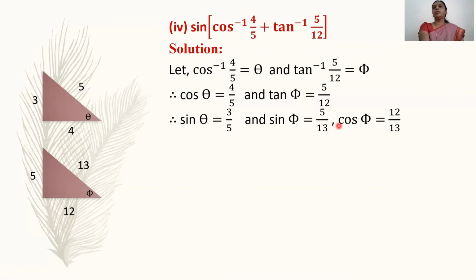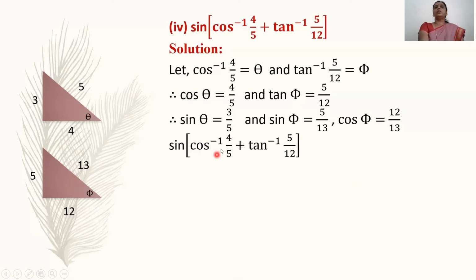Keep the value of tan and cos there, and you will find the value of sin theta. You can use that formula, or if you remember this Pythagoras triplet, you can directly write down the value of sin theta without drawing this diagram. And cos phi is the adjacent side divided by the hypotenuse. Write this down. Then write down the given equation as it is.